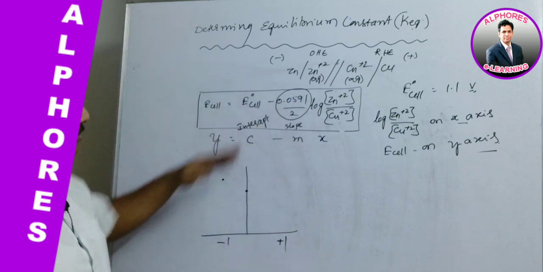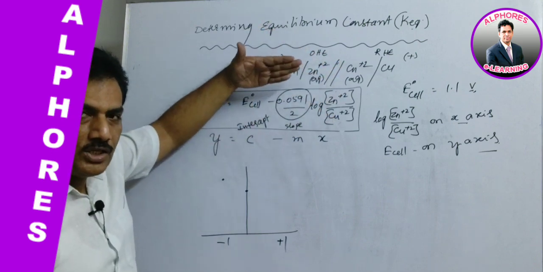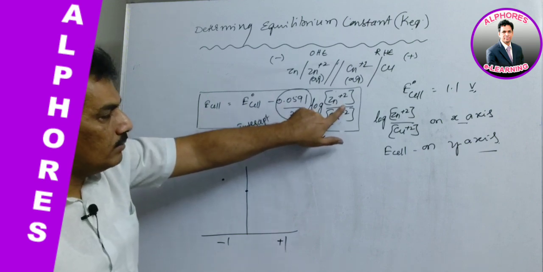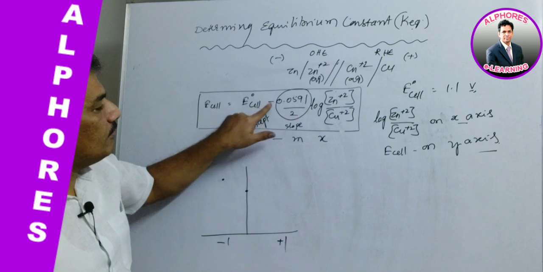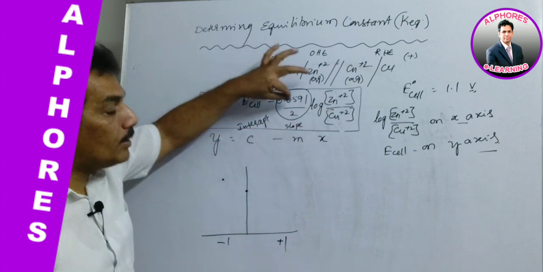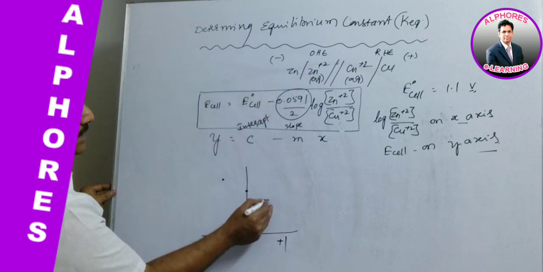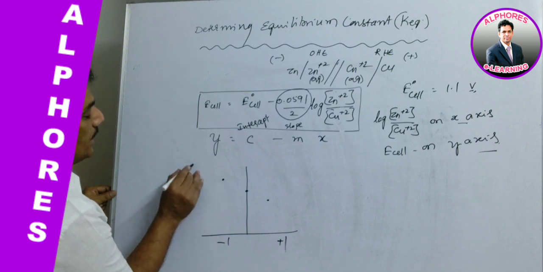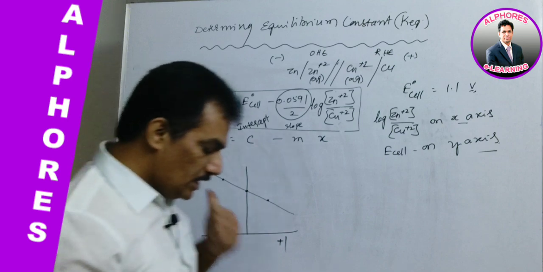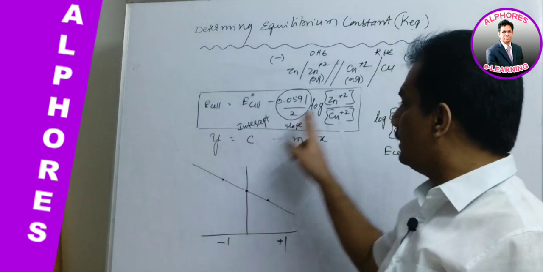That means in case of minus 1 value, E naught cell is getting some addition, thereby it is more. And now when it is plus 1, positive value, minus of plus is minus, and hence E naught minus something is what we are getting. That means it is getting less value. So the graph appears like this. That means of the given options, second graph is suitable for this data.